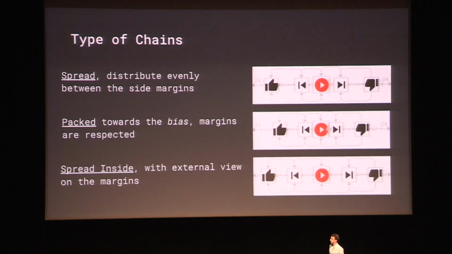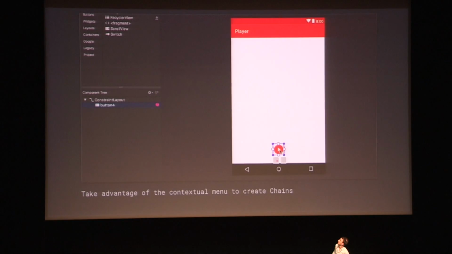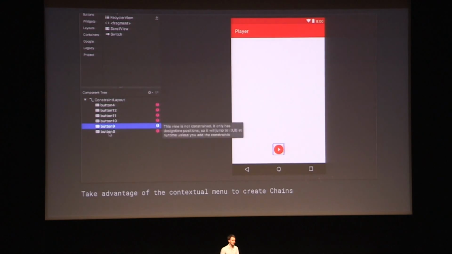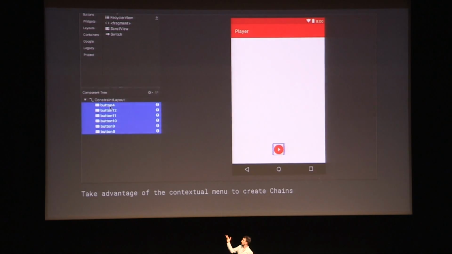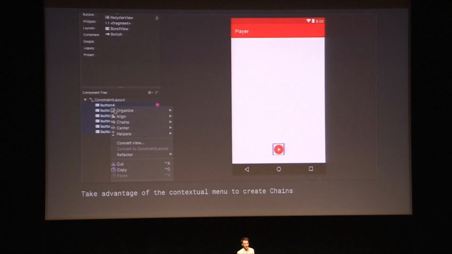So how do we create our chain? From our previous button, what we can do is just copy-paste it a few times until we have the correct number of buttons, which is actually wrong because I have 6 buttons and there are 5 in the player control. But anyway, you right-click on the component tree, and you can go through the helper methods